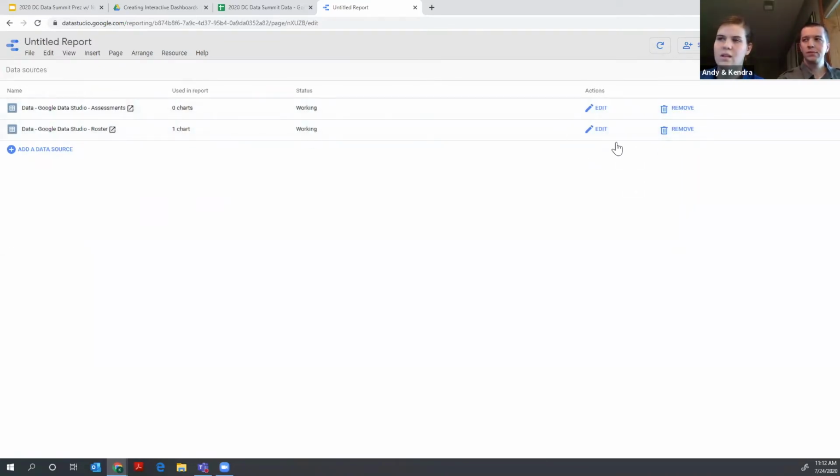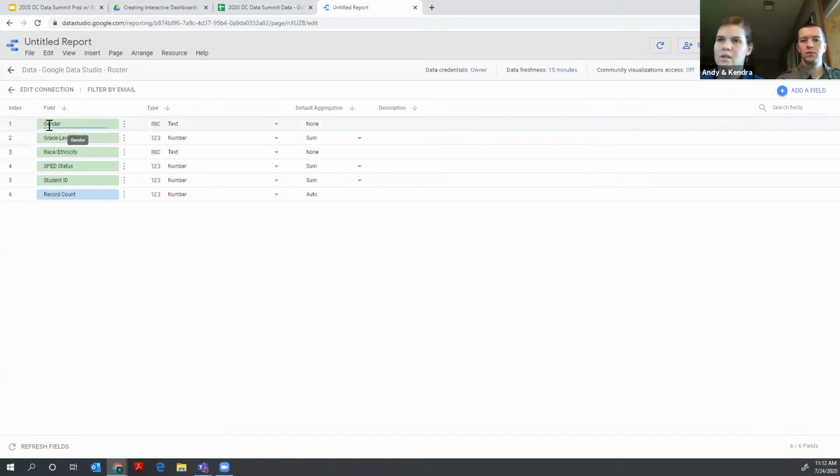is blue, so we can edit these. If you didn't save a copy of it, it might not show the edit field, so you might want to make sure you have edit access to whatever data you're working in. But we're going to actually look at the data. So if we click edit here,